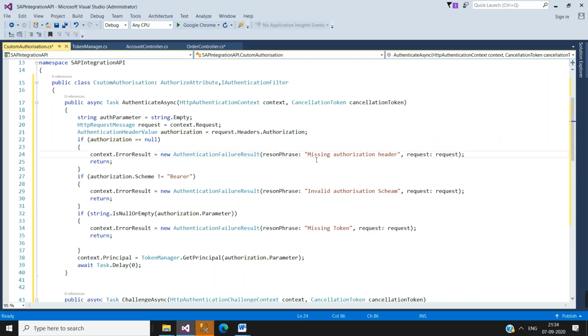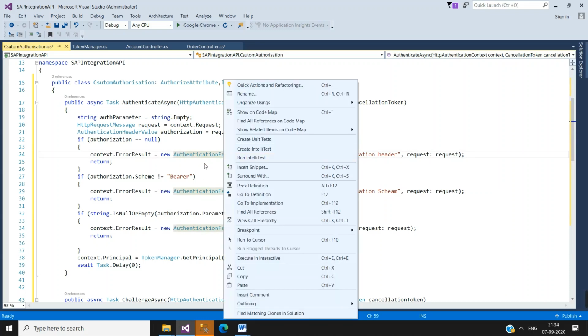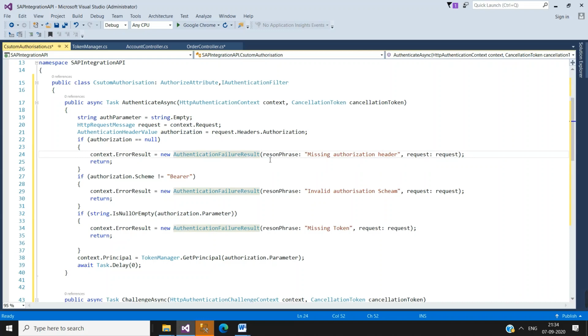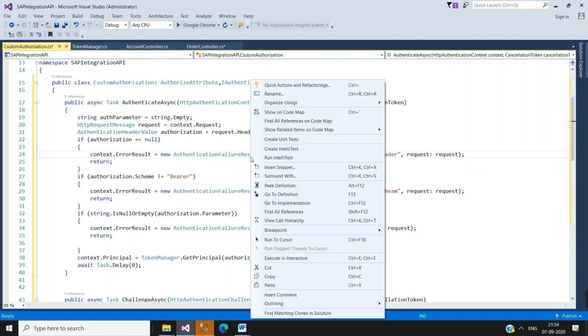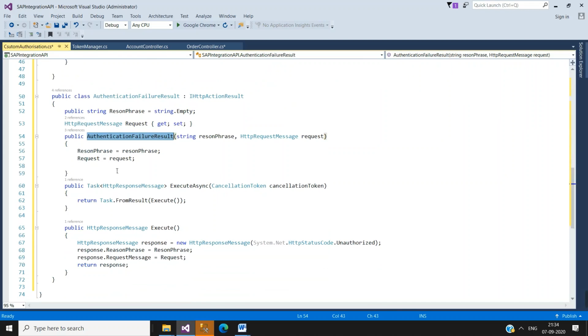We are giving the response object as a missing authorization header. This method will create a response object using these two parameters. The first one is the reason phrase, and the second is the request. So let me come to this. You can see here we are setting this value and returning.